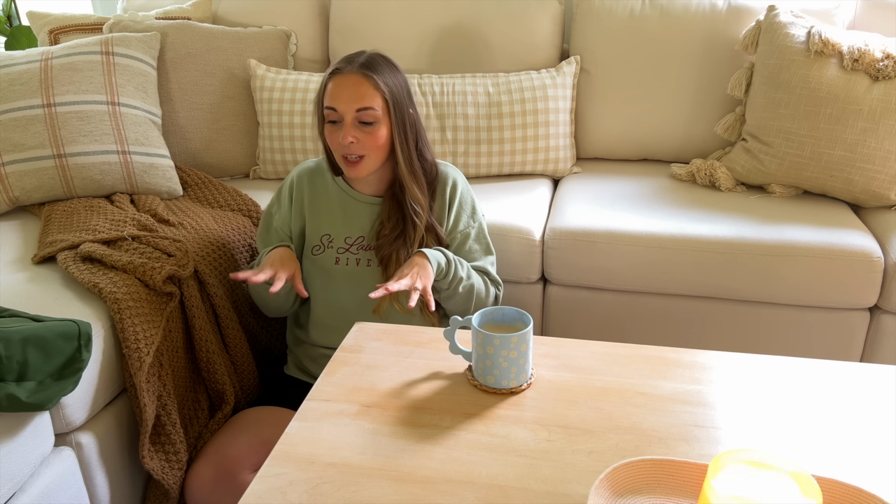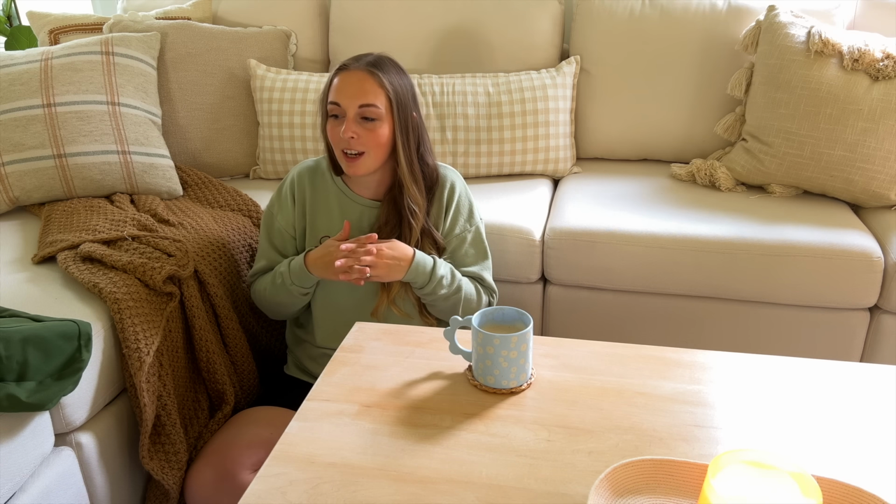I got this idea randomly not that long ago to create a bag of all my little things I like to have, things like my journal, my Kindle, a book, coloring books, some little snacks, things like that, to where I make myself a nice little drink, I sit down and I park it and I just relax. I also have some self-care products that I like to keep in there, and it's just my way of staying put and actually resting instead of getting up, getting things, getting distracted, and then never resting at all,